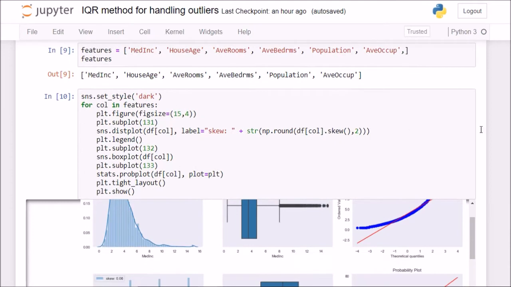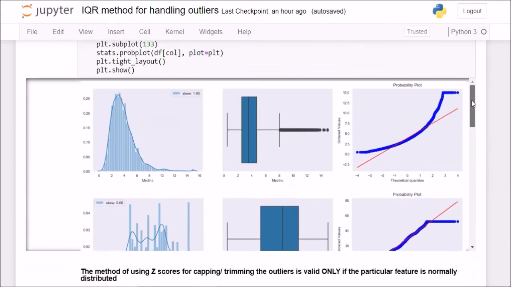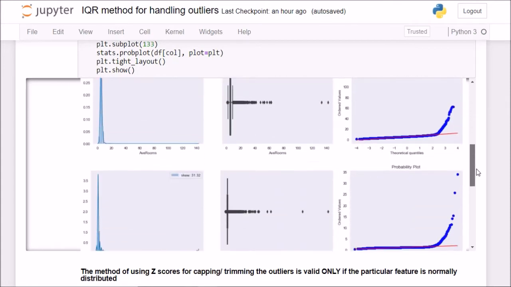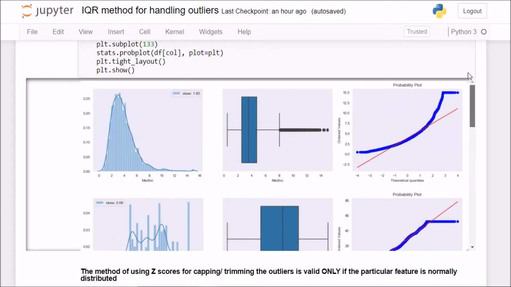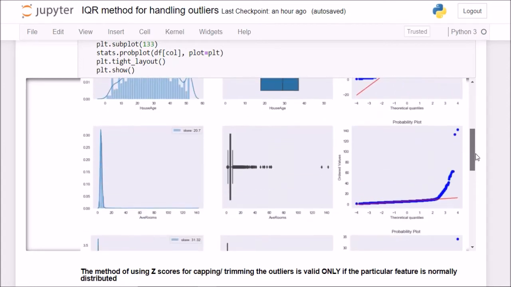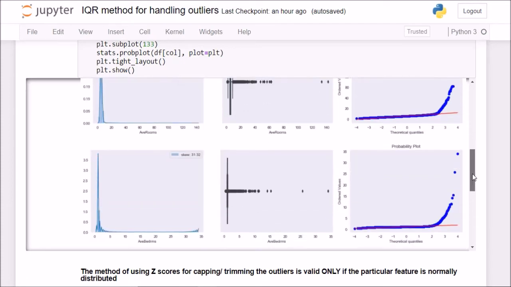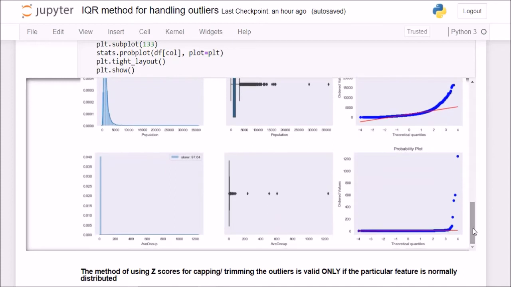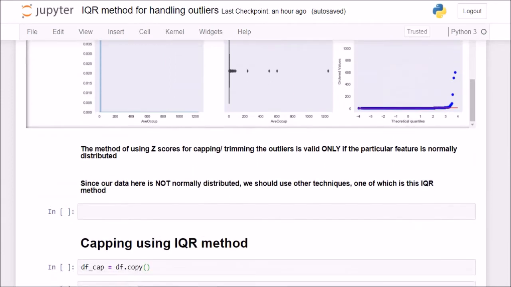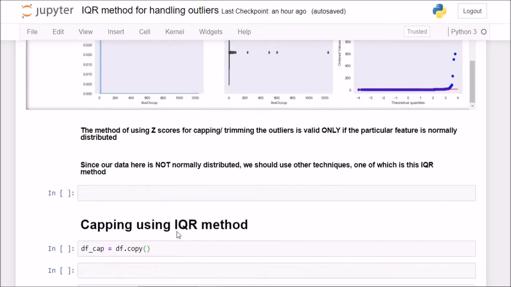Okay, now just to show you what the plots look like, so these are the plots of different columns. You see, these plots look so heavily skewed towards the right. All of these columns are heavily skewed towards the right, and we can also see using the box plot that there are so many outliers in the median income column, and there are so many outliers in this average bedrooms also. You see, this upper whisker is somewhere here, and we have a particular block which has an average number of rooms as 140. So we definitely have to handle these outliers, and now we will first use the capping method of IQR to handle these outliers.